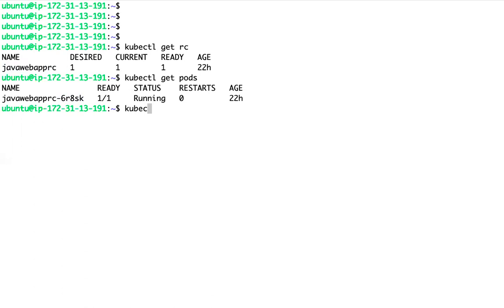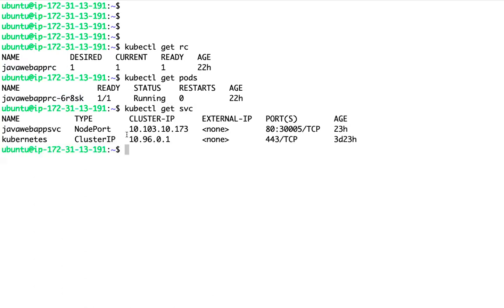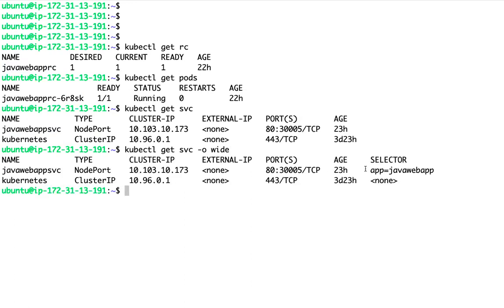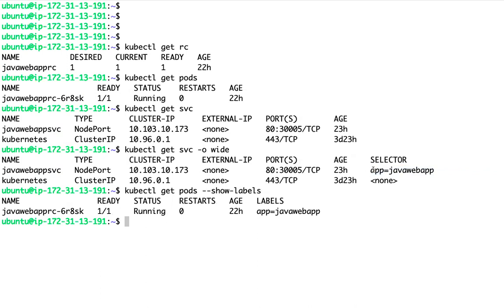To access this pod, we have a service. This service has a selector, and this selector is basically this pod's label.